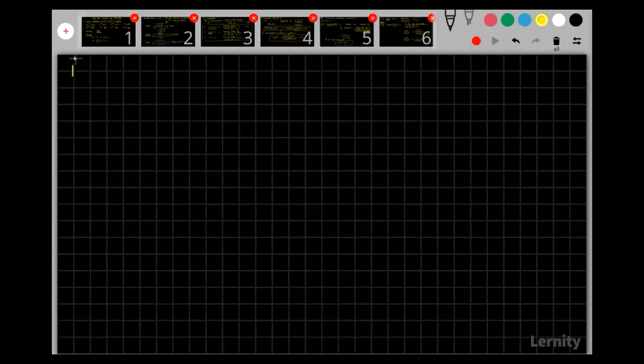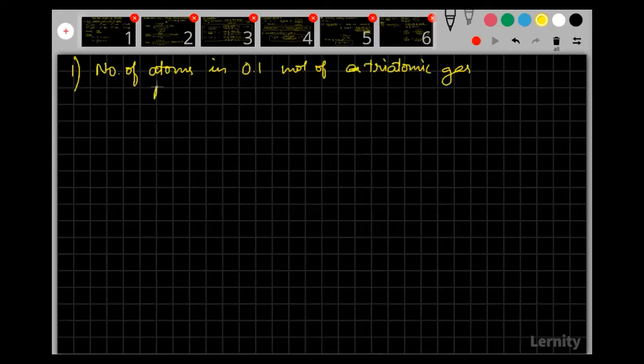So this is an important sort of question. We have to calculate the number of atoms in 0.1 mole of a triatomic gas. I'm not going to provide you any options over here. Number of atoms that are present in 0.1 moles of a triatomic gas. I'll give you Avogadro's number. You can just take it as 6 into 10 to the power of 23 per mole. Now calculate this. I think I have already given you this relation. You can just try to use this.